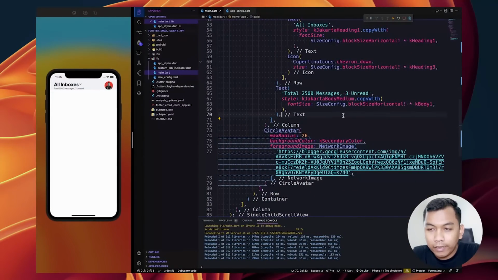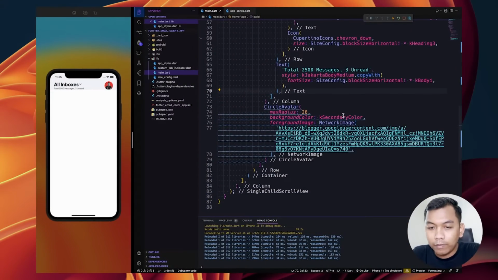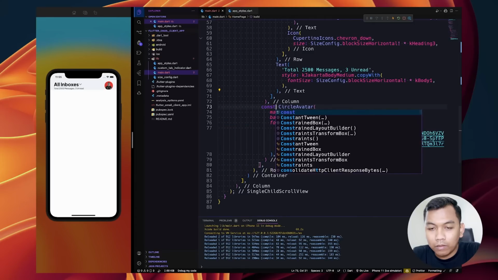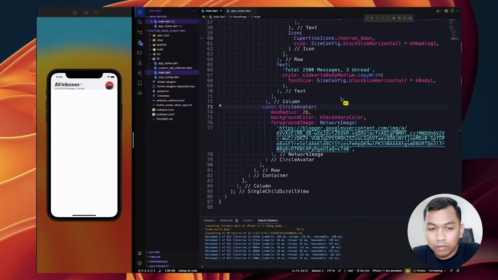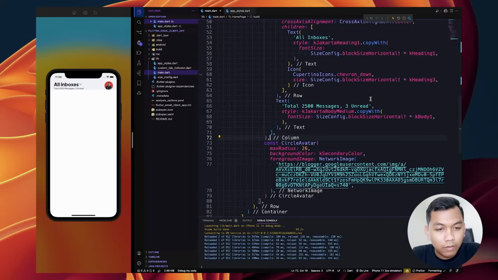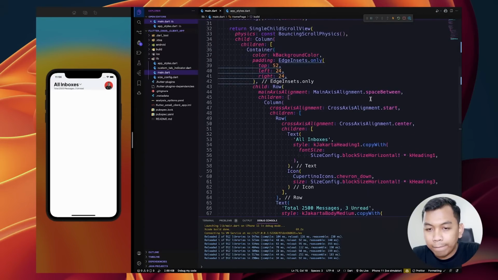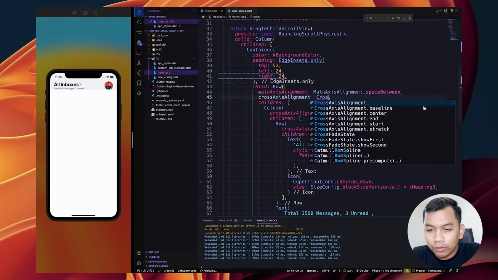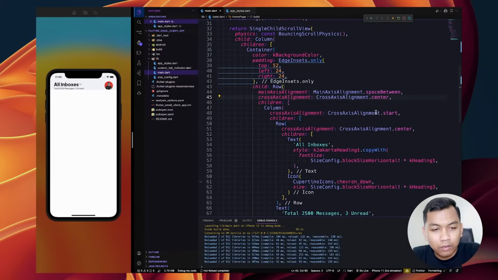Alright, and the next step, let's check. Alright, and maybe let's test these two using center.